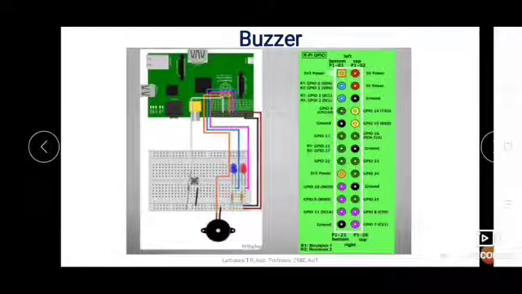One end of the buzzer is connected to the pin number 22 of the Raspberry Pi, and the other end of the buzzer is connected to the ground. Okay, then here pin number 22 is here. So to that pin number 22 buzzer is connected.